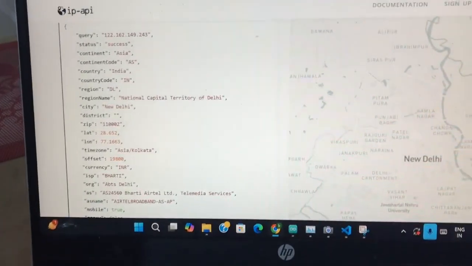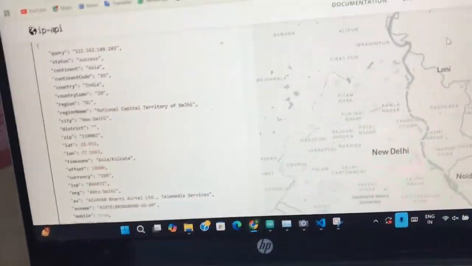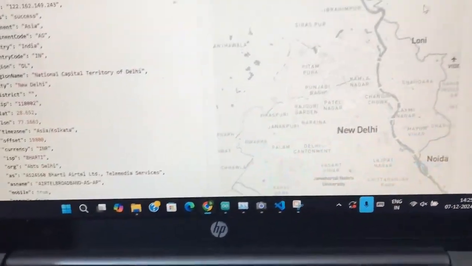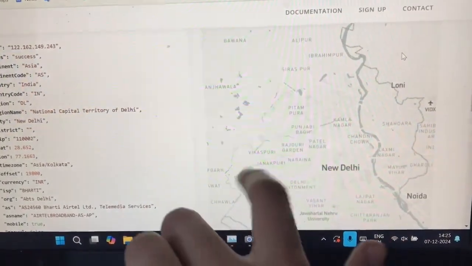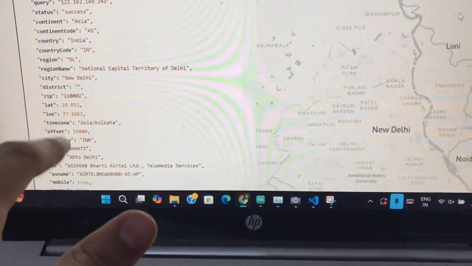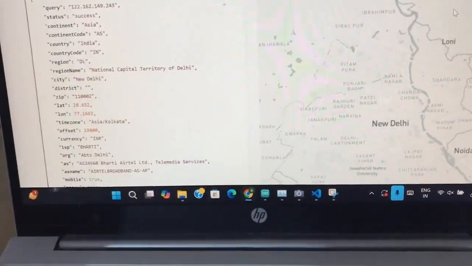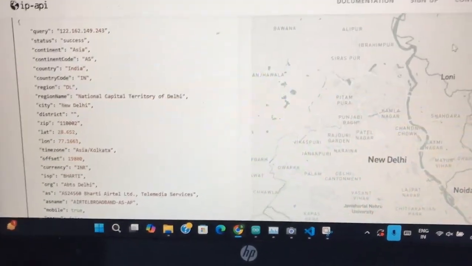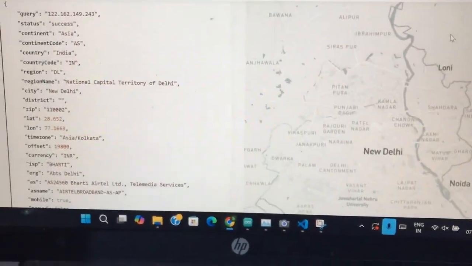We got the real location of our place, even the currency, everything about the place. The coordinates and IP, everything has been received here, and since we can now easily find where the person and his location is,